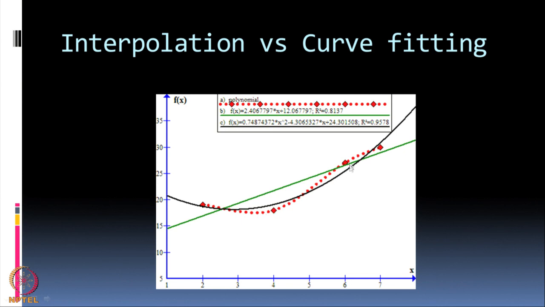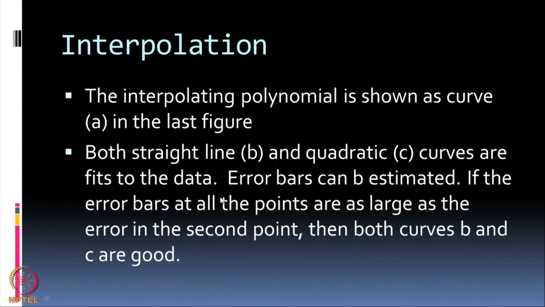Here also the error is 2 units, but the straight line fit has a much greater error, because at the middle point, the difference between the green curve and the red curve is almost of the order of 5 units. So, this is a very large error. The linear function has a large error, the quadratic function has less error. So, errors can be represented as error bars on these curves. We have not actually shown the bars, but you can easily calculate depending on the distance. You can estimate the error bars.